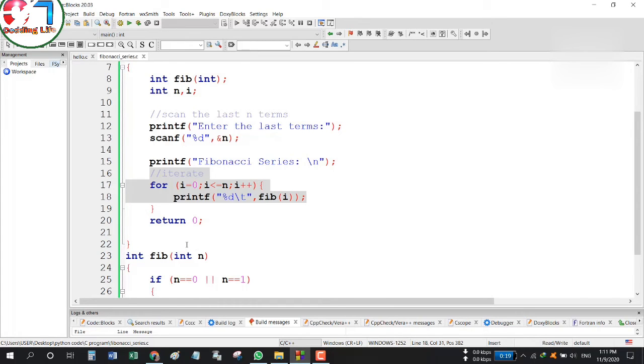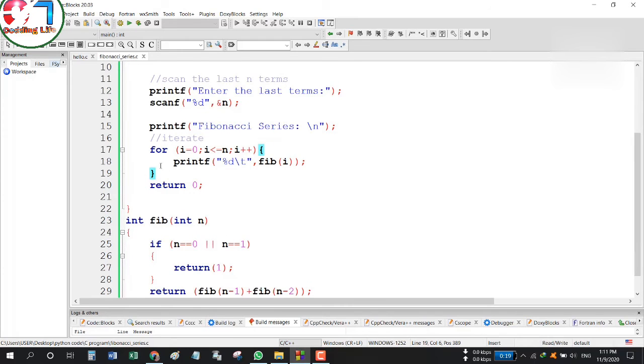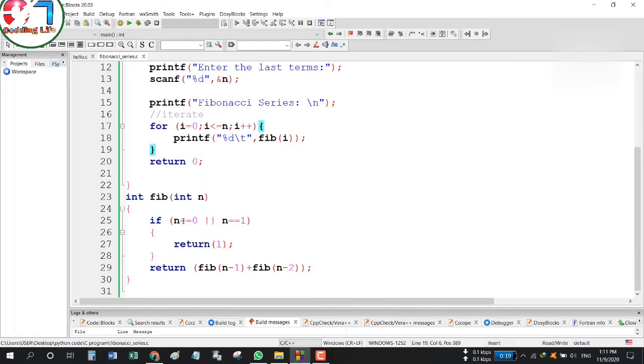But in this case, we can see that it will iterate the counter, and then in the user defined function, we use a recursive formula, which is the main formula for this program, fib(n-1) plus fib(n-2).